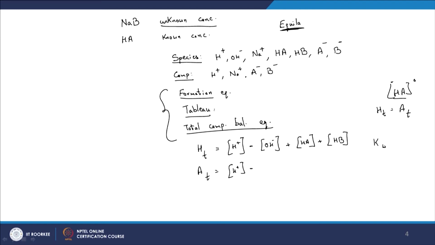We know that the water dissociation constant Kw is equal to H plus times OH minus. So OH minus, pardon me, is going to be equal to Kw by H plus, the water dissociation constant by H plus, plus HA, the protonated form of A, and HB, the protonated form of B. So in this case, what other variables do we know that we can express them in terms of, right? We know that we talked about ionization fractions, right? We looked at alpha naught and alpha 1 for monoprotic acids and bases, or the conjugate base, pardon me. So we are going to use that concept here.